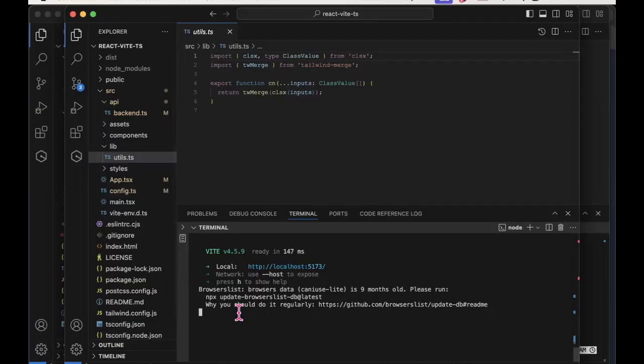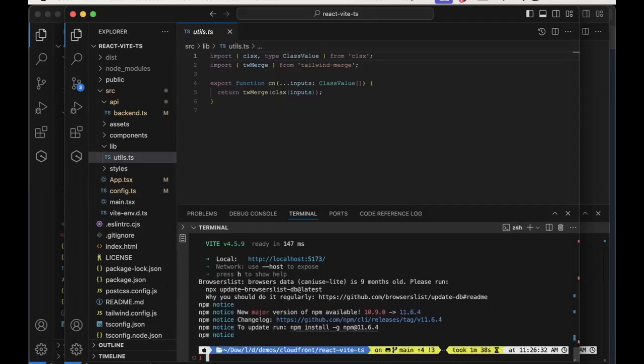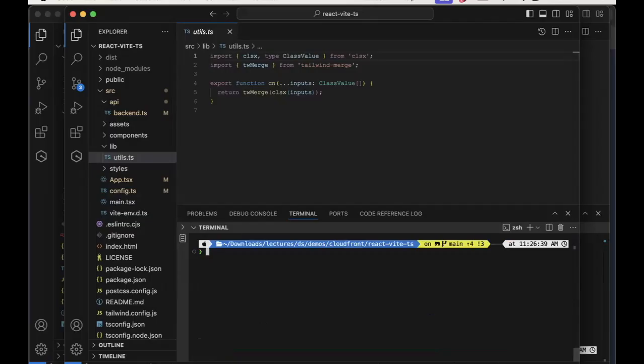Now, when I want to deploy my React app into production, I'm going to kill this session here. What I need to do is, first of all, create a static version of my React app. And you might remember the way we did that when we were using Vite and React was we go npm run build,